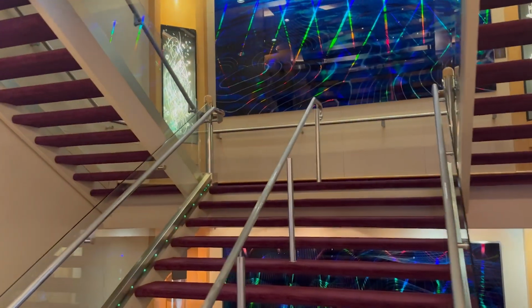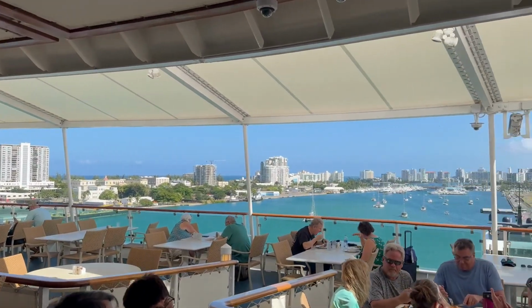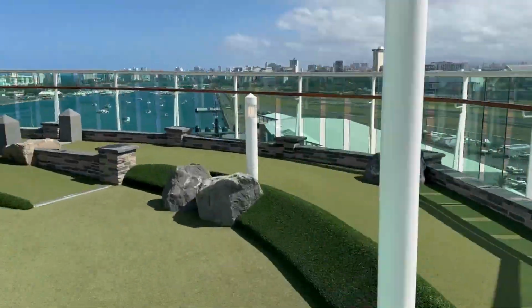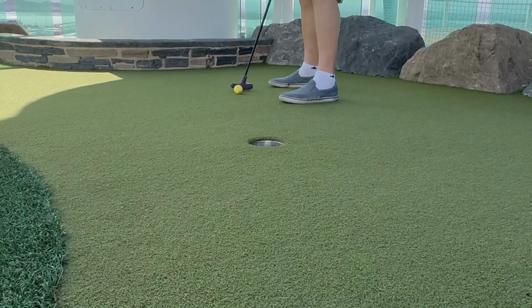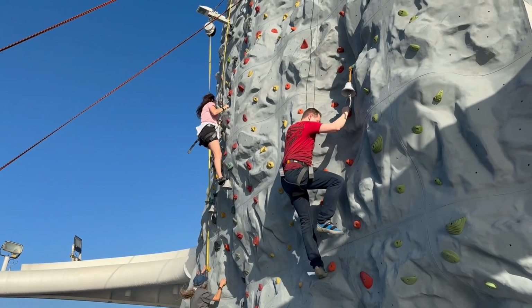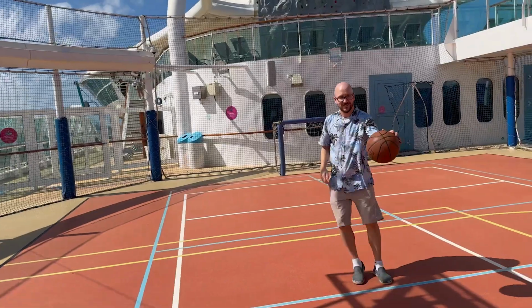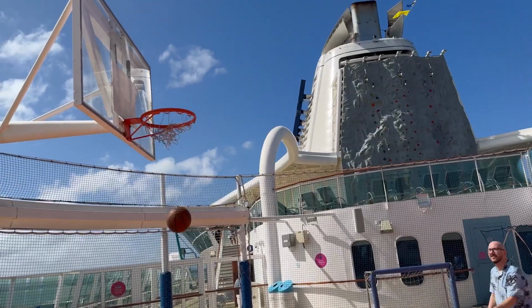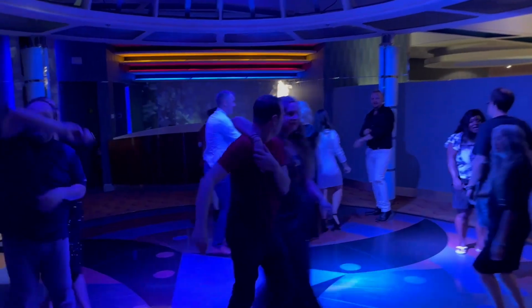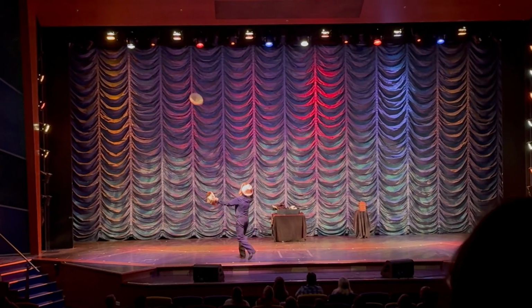Since we didn't have our room keys yet, we explored the ship. This is the smallest of the ships I have been on, but there is still so much to see and do. From a water slide to a decent-sized miniature golf course, to a really cool rock climbing wall, and there were swimming pools, hot tubs, sports court, where I got a few shots in, dance clubs, where our group spent a lot of the time dancing in the late evenings, a piano bar, pool tables, a fun theater with all kinds of shows,